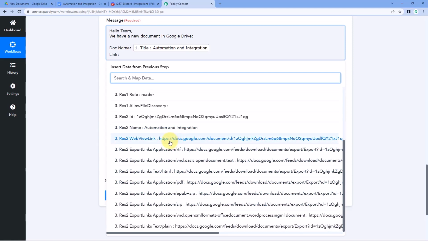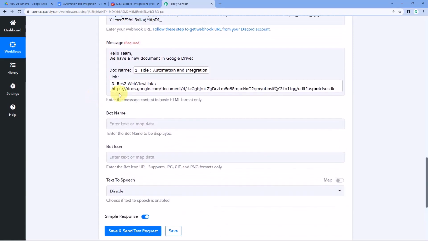So I want to share the web view link, so I'll just map the web view link of the document over here. Then in this way, guys, you can basically create any kind of message according to your requirement, and you can map any data from Google Drive steps over here to send as a message on your Discord channel to your team members. After creating the message of your choice and mapping all the required data which you want,